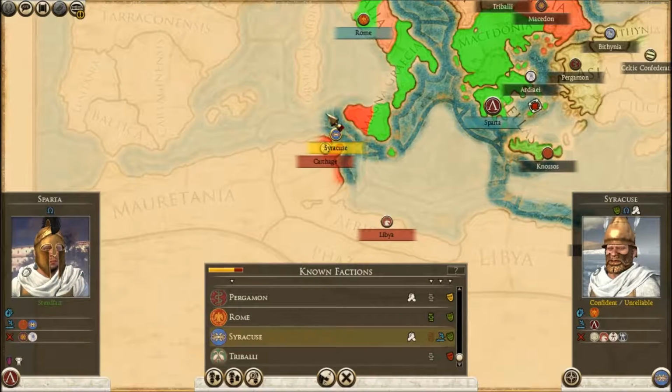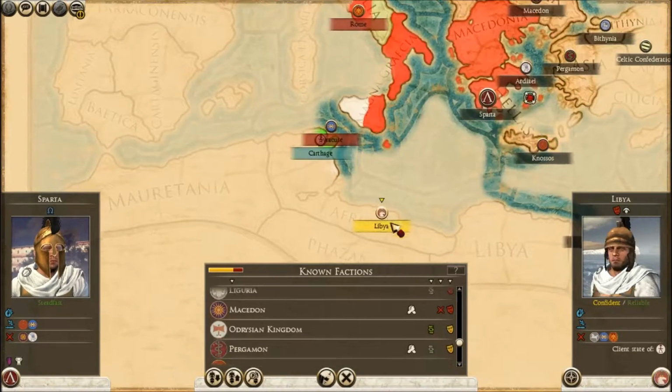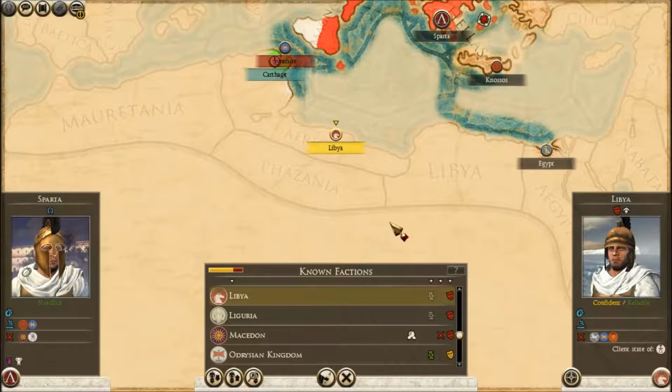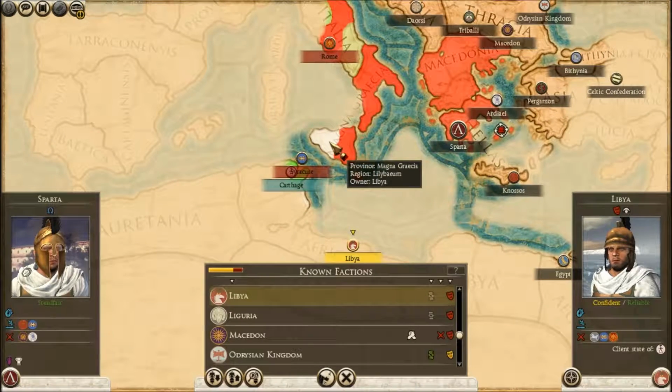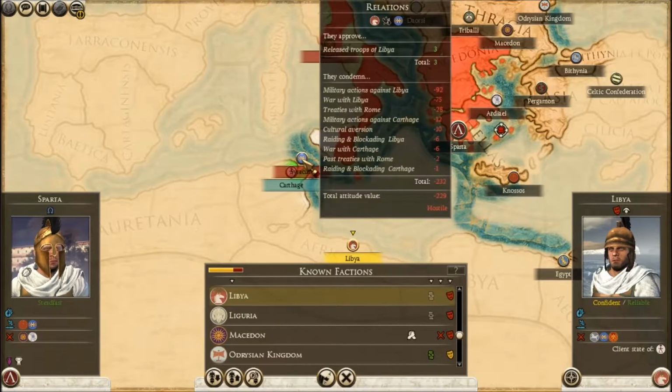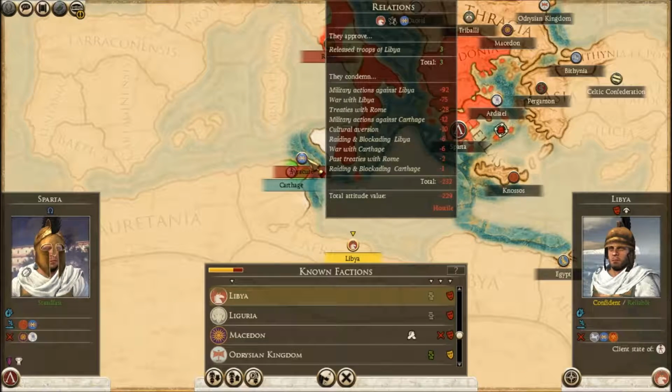Syracuse, what are we going to do about you? You got taken over by Libya. Not even Carthage. Libya beat you. If we declare war on Libya... Oh, they don't have any allies, actually. I just don't have an army to spare to go deal with that. If I did, I'd go help them out, because we're not gaining any trade income from them. I wonder if...